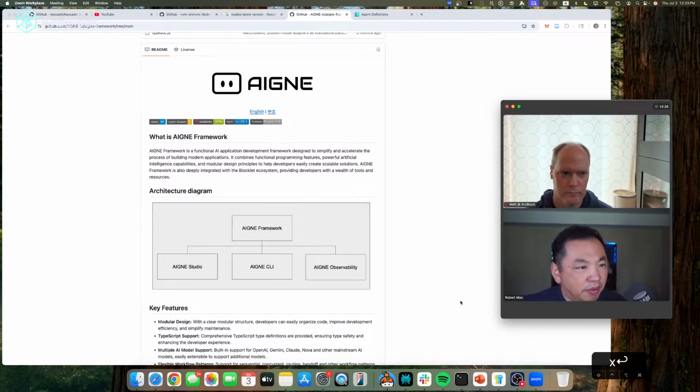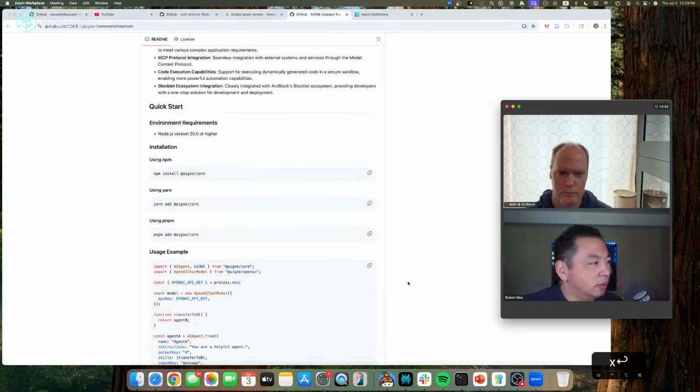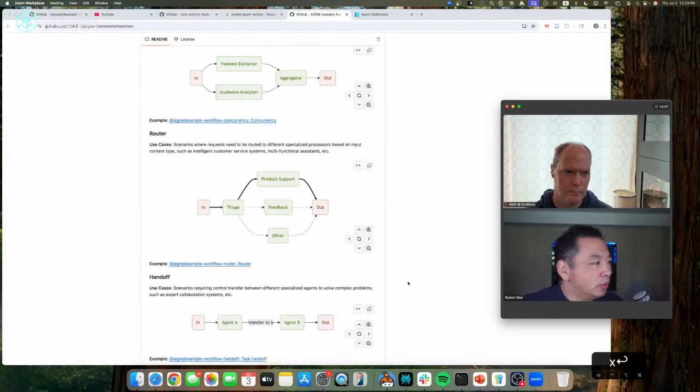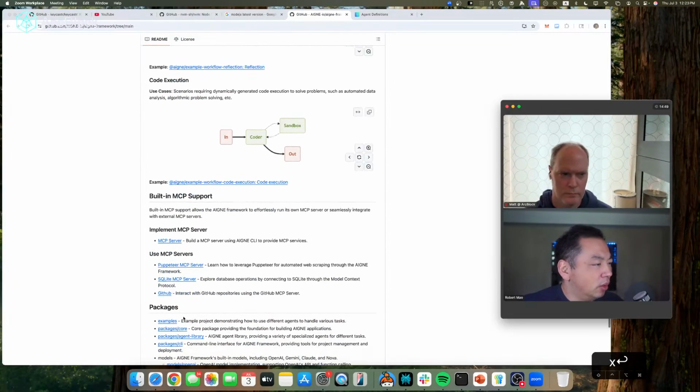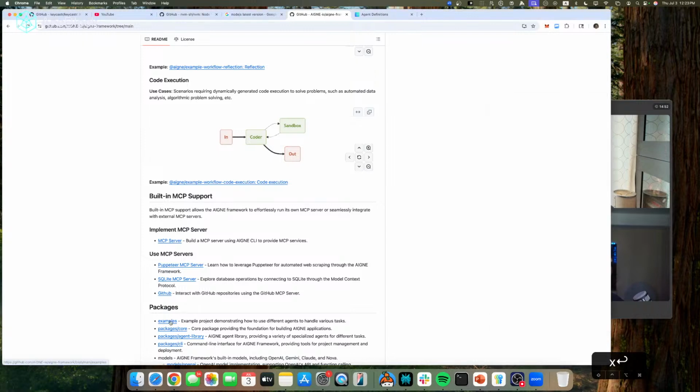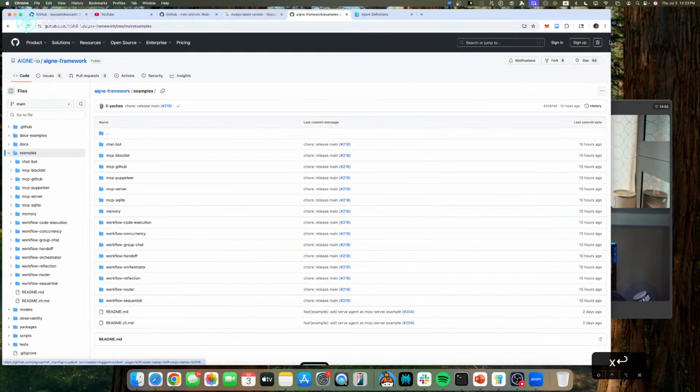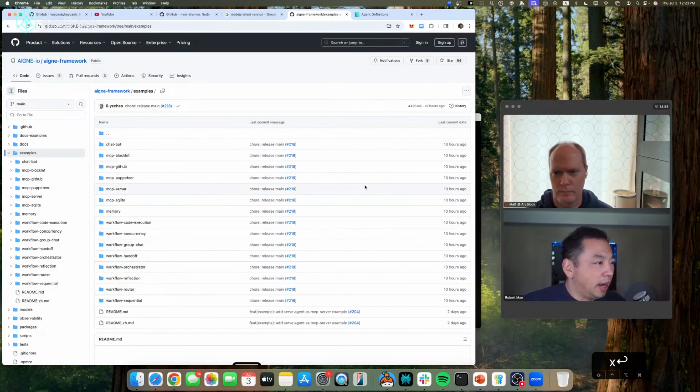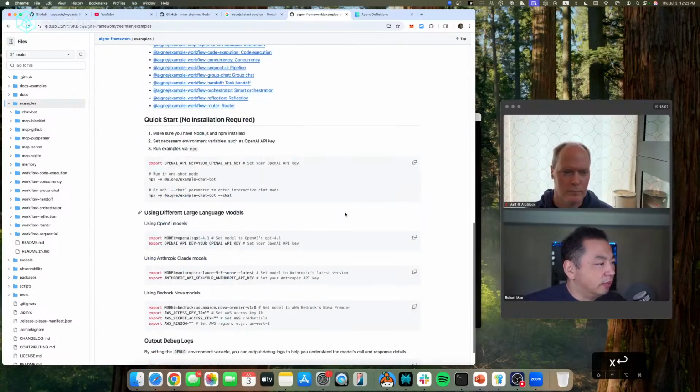So we actually have a few things, especially when you come to this AIGNE framework, right? When you get started, there are these examples. The important part is all those examples. If you go to this example page, it is going to have all our examples, and for every example there is a quick start. For example, no installation required. But this no installation required applies after we finish everything we talk about today: have Node.js, have your system ready.